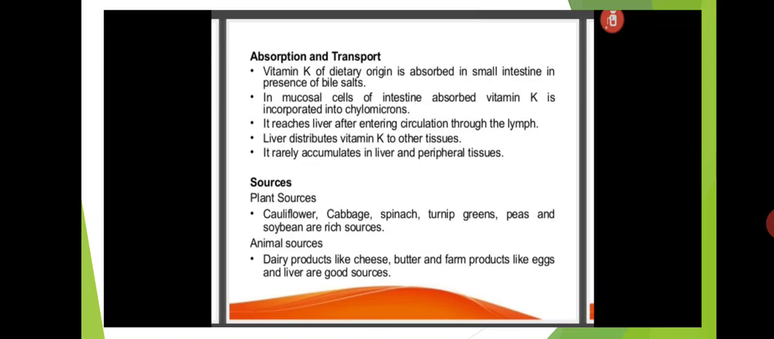Liver distributes the vitamin K to other tissues. Okay, and it rarely accumulates in liver and peripheral tissues. The sources of vitamin K,